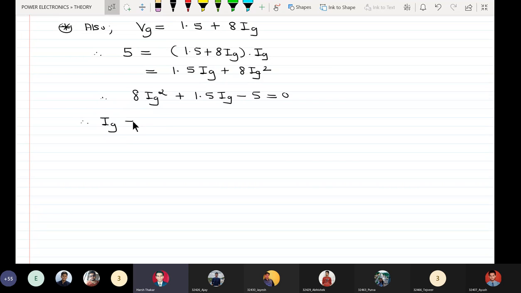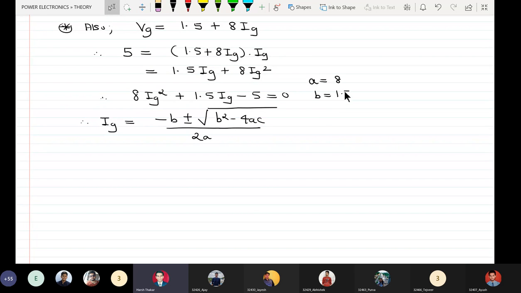Therefore Ig is minus B, so here A equal to 8, B equal to 1.5, C equal to minus 5, minus 1.5 plus or minus